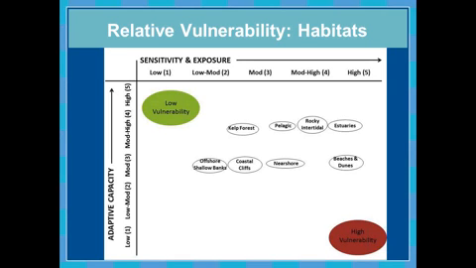So to start out with habitats, the first thing I noticed is there's really not much spread here in the adaptive capacity. All the habitats ranked about moderate or moderate high ability to adapt to change. On the other hand, there's great spread in the sensitivity and exposure of habitats. And when you do look at the raw scores, the most vulnerable habitat that we had scored was beaches and